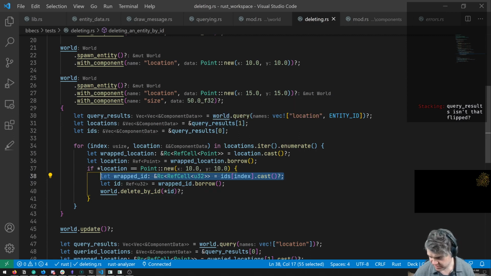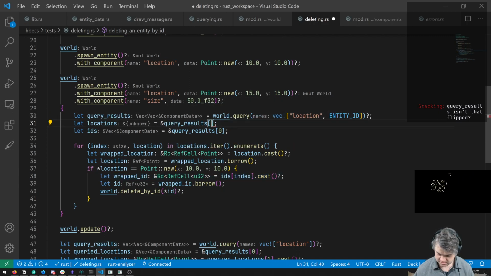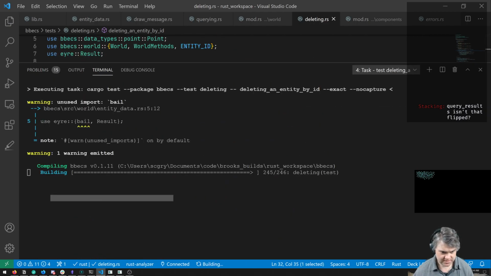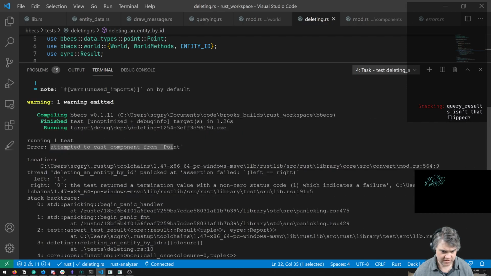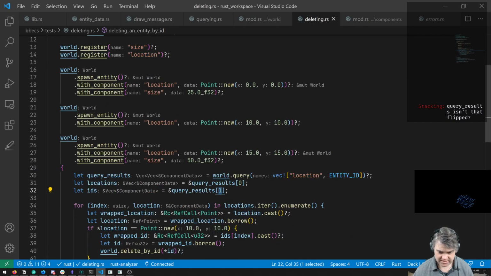But it feels so strange to me. Query results, isn't that flipped? It shouldn't be flipped. So if I put you back here like that, we run this test, you fail here. Attempt to cast components from point. So it's saying, hey, this point isn't a point. It's something else.